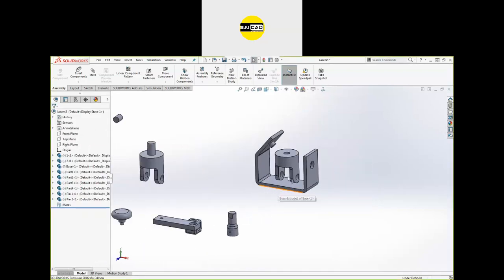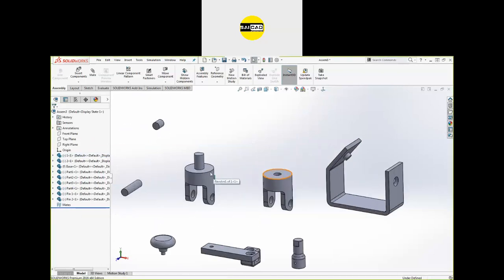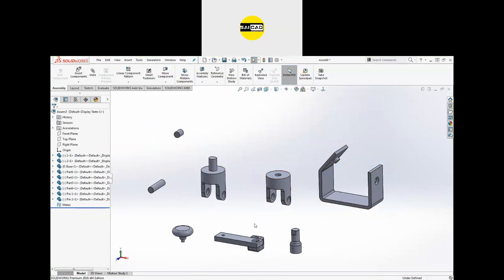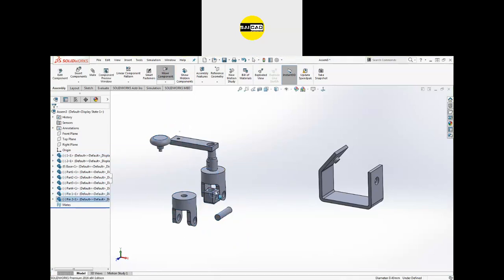So we know that this is the product. We need to create some relations here. We need this part up here, we need this one here, and we need this part to be on this one, we need this part to be on this one, and we need this part to be this one. And after that, we need to rotate this one at an angle so that these parts can be used from here, and these things will go inside here, and this thing will also go inside here.